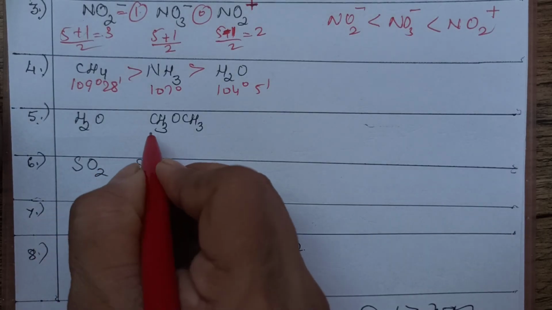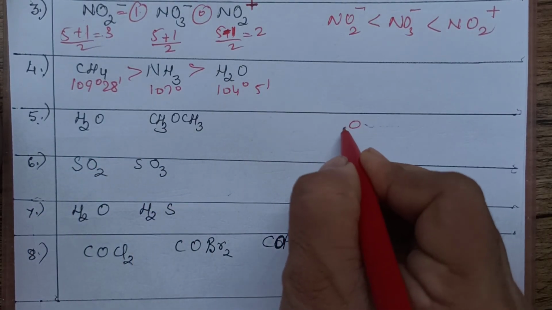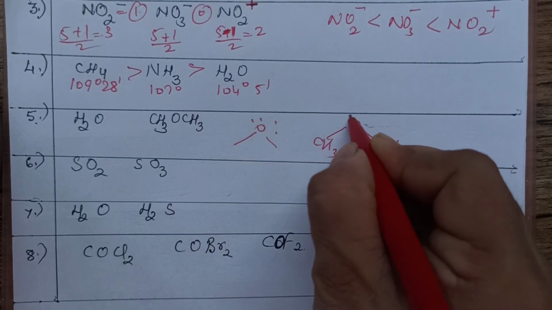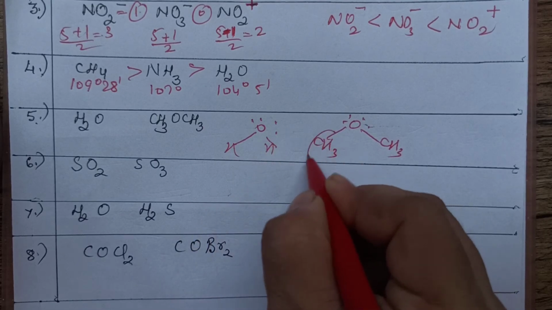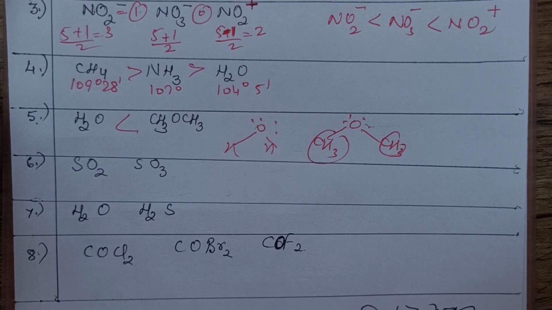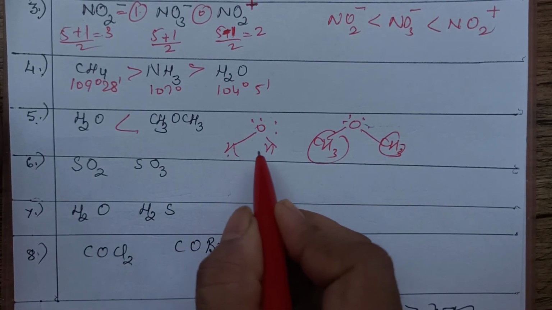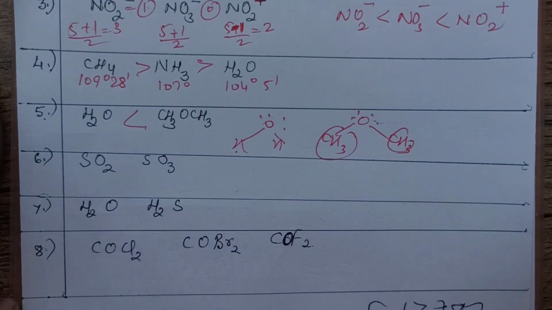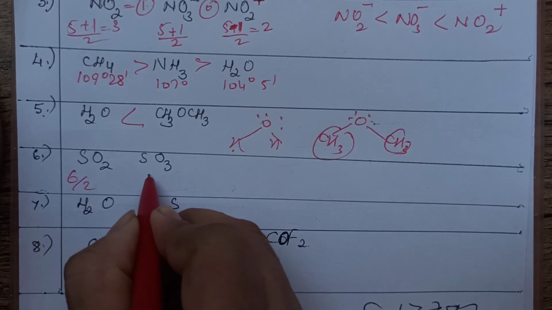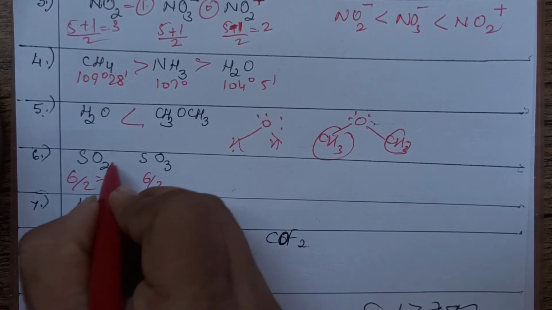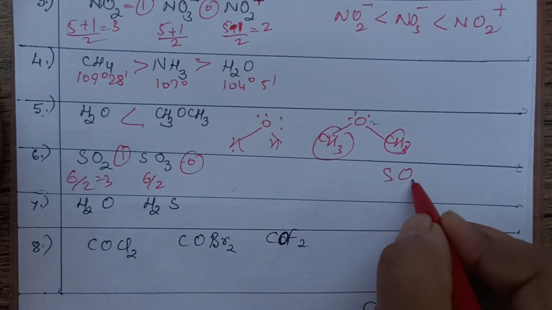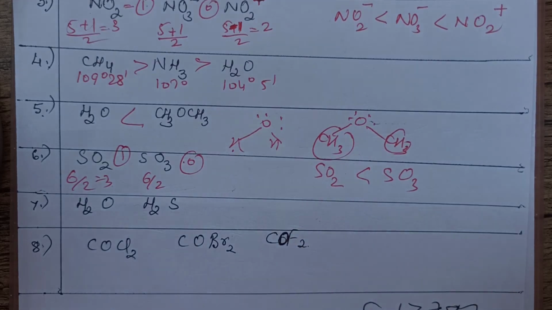Now you can check this one. This is having the same, but the only thing is you are having 2 methyl groups on this side, whereas in water the lone pairs are the same, children, but this is occupying more space, so they will repel. Repulsion will be there, hindrance will be there, so the bond angle will be more in this. You have to see these are smaller atoms, hindrance will be less in it. We can check here hybridization 6 by 2. Here also 6 by 2. You are getting 3, but this is having 1 lone pair. This is not having any lone pair. So obviously SO3 will be greater than SO2.